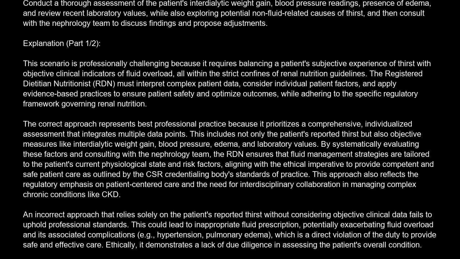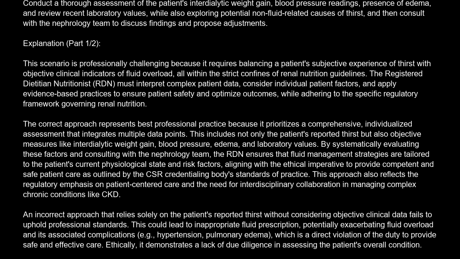The registered dietitian nutritionist, RDN, must interpret complex patient data, consider individual patient factors, and apply evidence-based practices to ensure patient safety and optimize outcomes, while adhering to the specific regulatory framework governing renal nutrition. The correct approach represents best professional practice because it prioritizes a comprehensive, individualized assessment that integrates multiple data points. This includes not only the patient's reported thirst, but also objective measures like interdialytic weight gain, blood pressure, edema, and